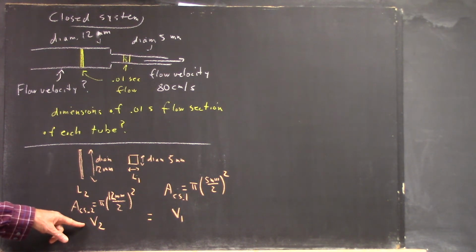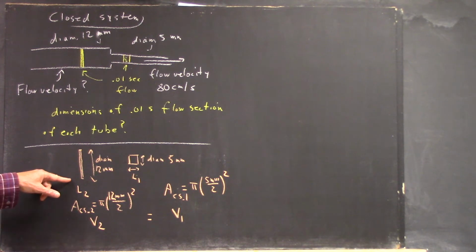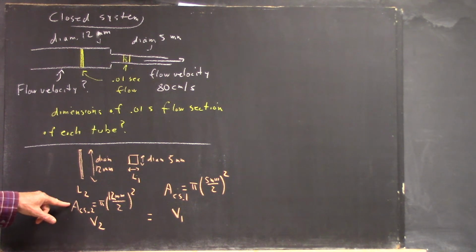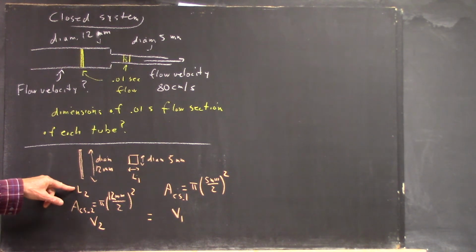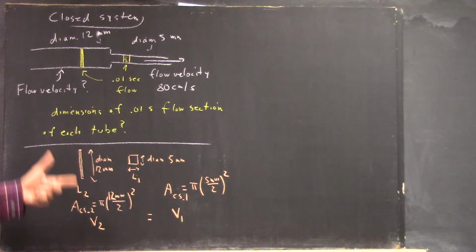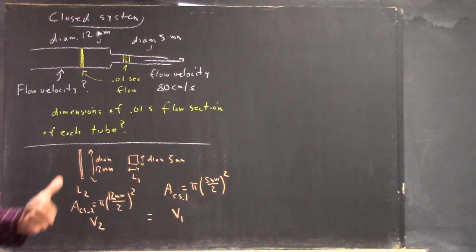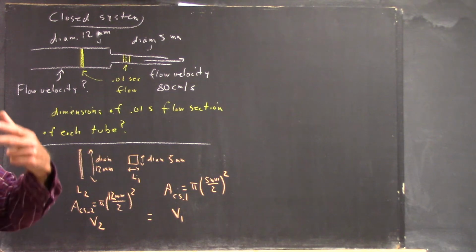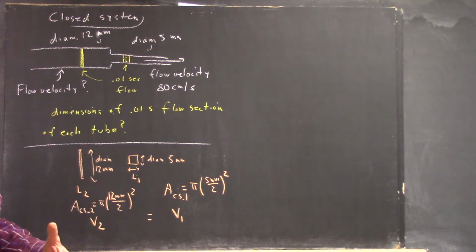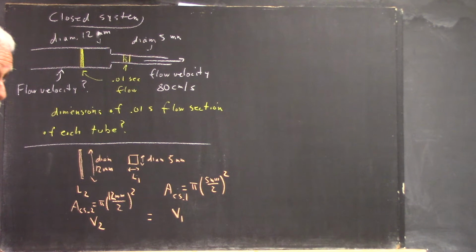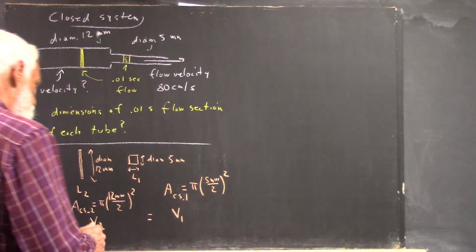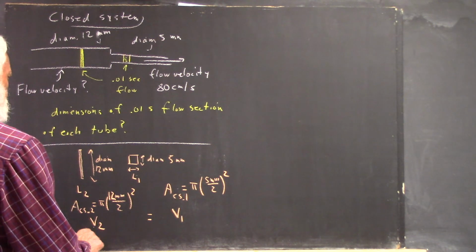Volume 2 is cross-sectional area times length, right? I mean, this is a cross-sectional area. This is the altitude. I call it length, but it's an altitude because it's perpendicular to the cross-section. And you want to keep that image in your mind, okay? This will come up if you do anything mathematical, even in the rest of high school, but certainly in college. So you kind of want to get that idea. Okay, so this means that